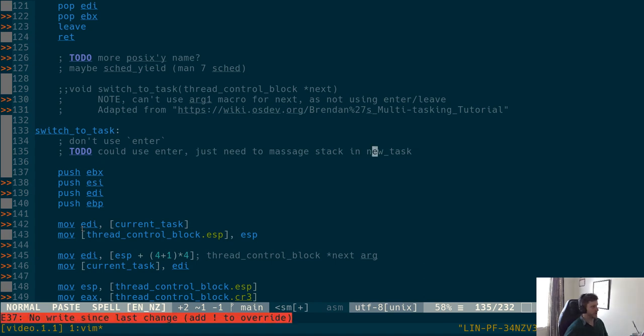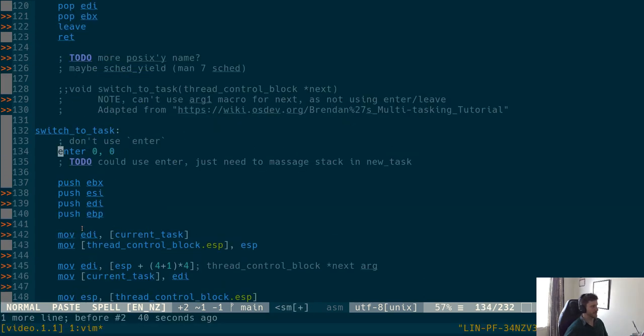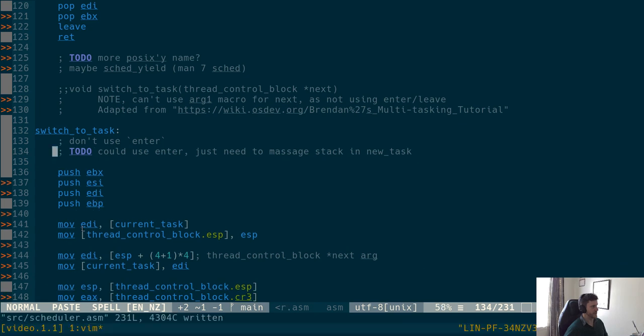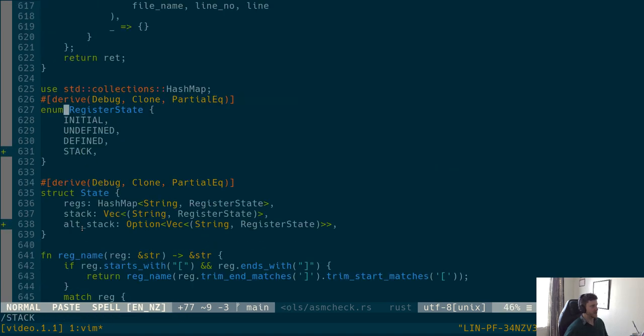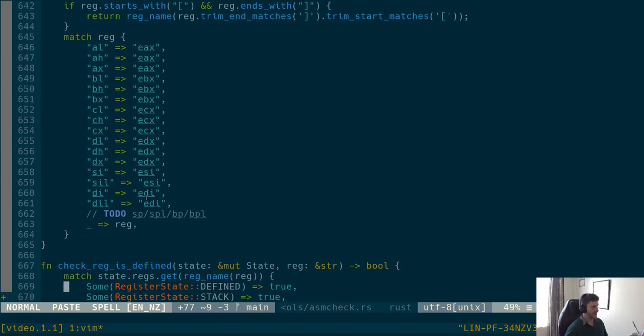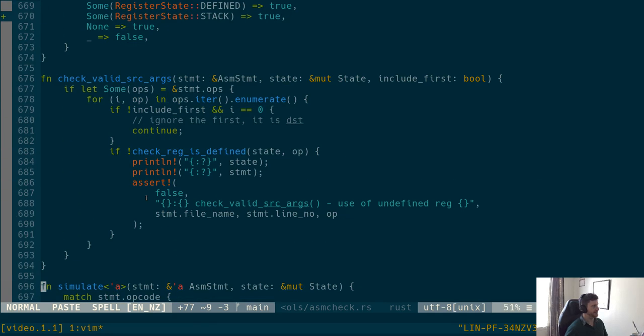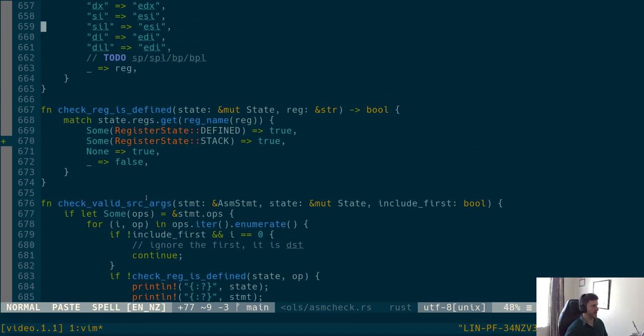In asmcheck, we did some sort of change. In asmcheck we now have this register state alt stack, and in the state we add this alt stack. You can see the stuff that I've changed because there's a plus in this slide. Hopefully that makes it easier. So we basically have a stack, and we assume that if something has a stack,